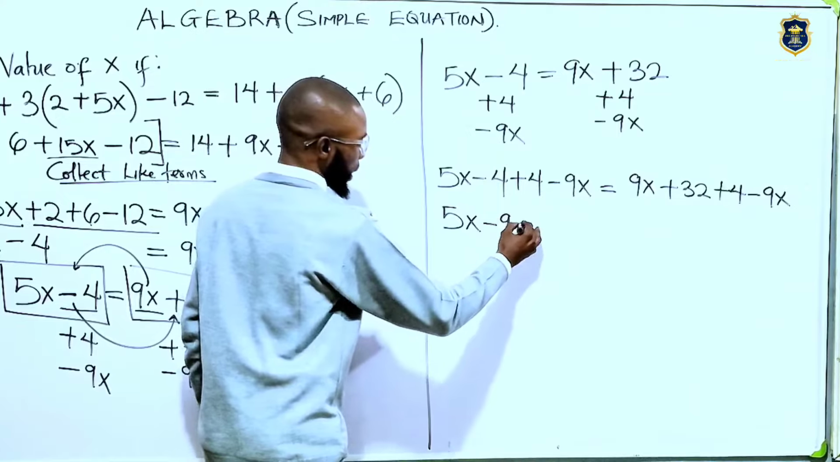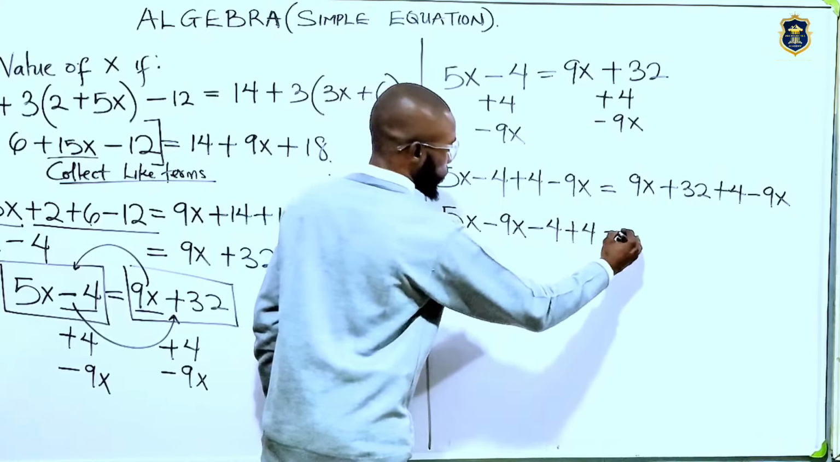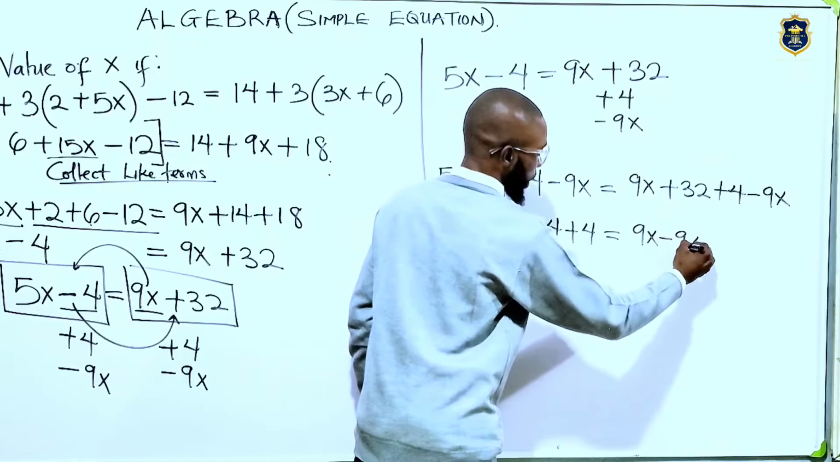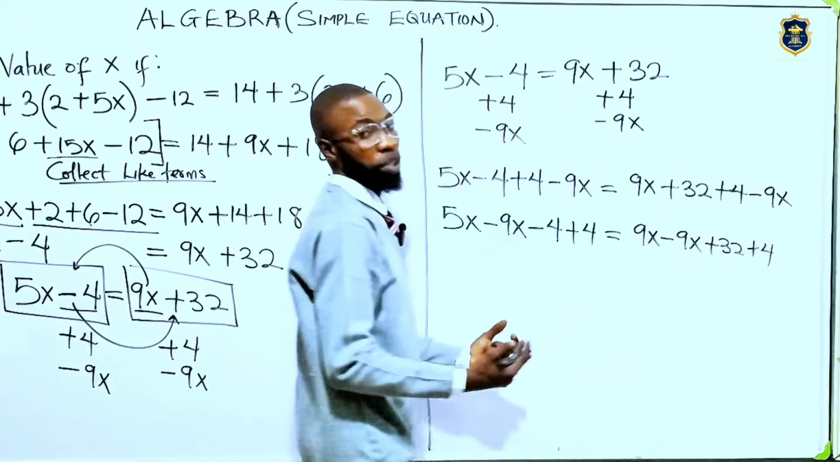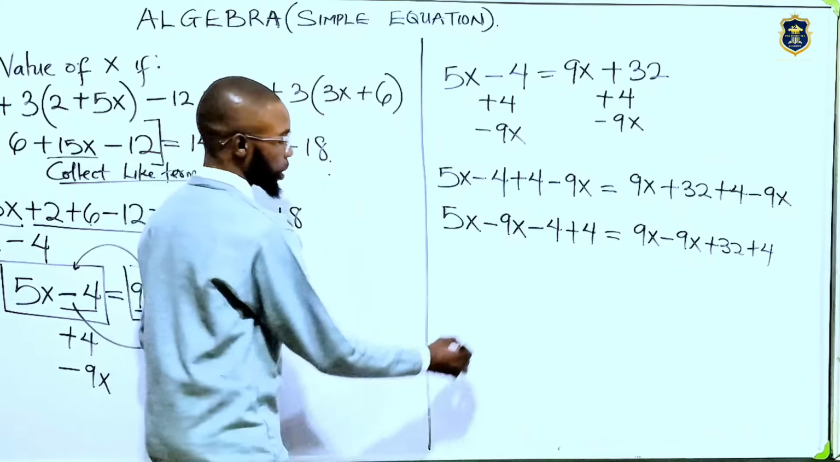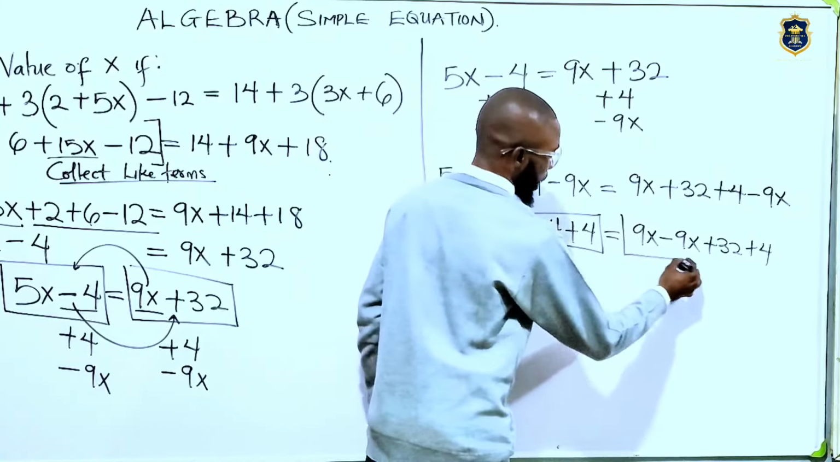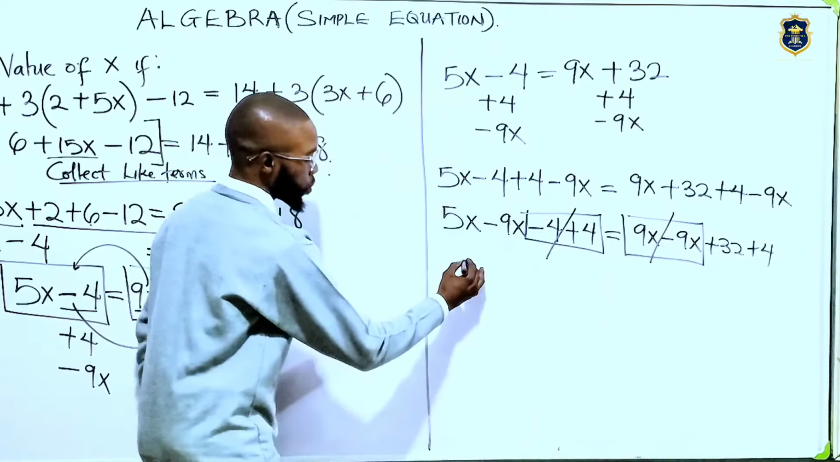5x minus 9x, and then we'll have minus 4 plus 4, equal to 9x minus 9x plus 32, just trying to arrange everything. So we know that minus 4 plus 4 is 0, and 9x minus 9x is 0. They are cancelling out. We'll be left with